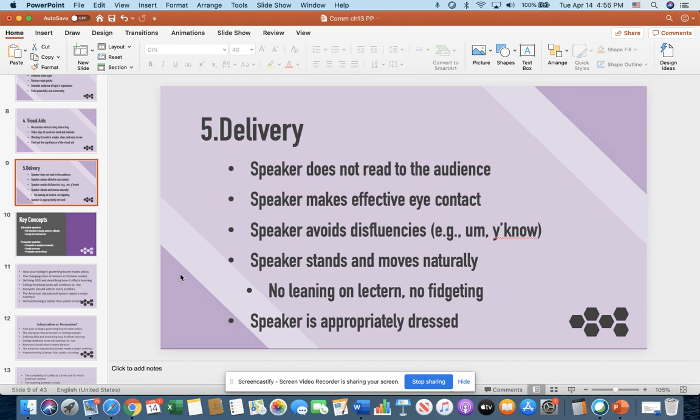Number 2, don't take a whole lot of notes up to the lectern with you, because if you do, I can almost guarantee you're going to end up reading it. Less is more. Just a word or a phrase here or there should remind you, so that you don't read it to us. The only exception is if you have a quote, please read it to us. Now, we're not asking you to memorize a quote, but especially if it's a Martin Luther King or someone who just words things so well, don't paraphrase it. Don't memorize it. Just read it well to us. That's the only exception I can think of.